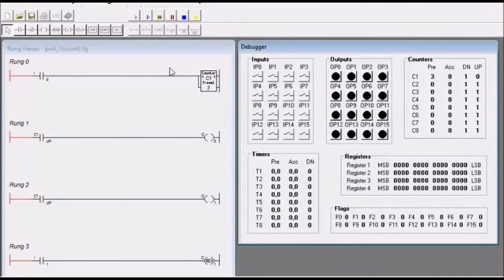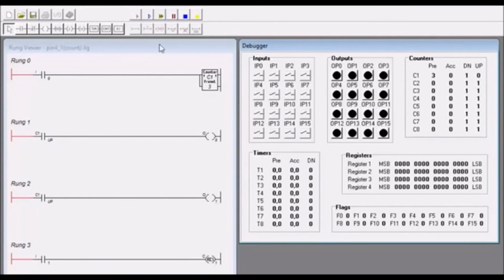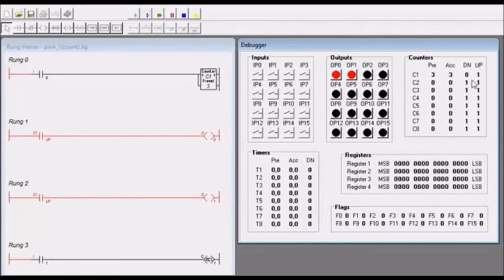So this is a LED sim counter. First we push the play button. Then as you can see, there is a counter, and the preset we set is 3. If we push input 0, the ACC will count it as 1. If we push again, it becomes 2. If we push again, it becomes 3. Because the ACC is 3, it means it equals the preset. The light output 0 and output 1 will turn on,